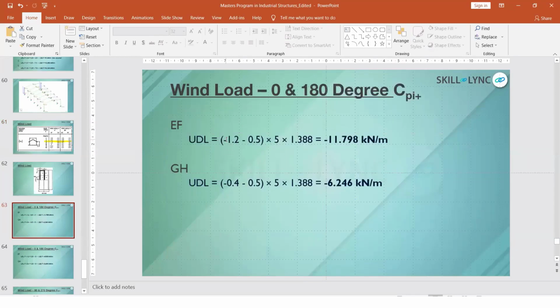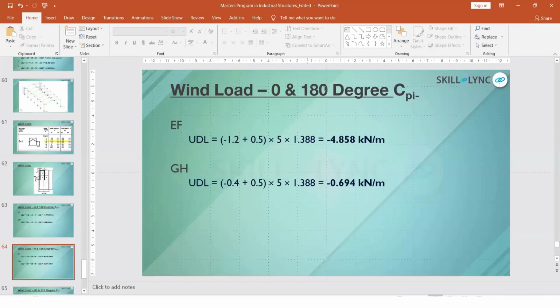I have applied the EF and GH values with CPI of minus 0.5 and plus 0.5, into the same area, and the PD value is the same. The only thing you have to be careful about is the CPE and CPI values. The CPE value you have to take from the code, and for the CPI value, first work out for positive 0.5 and then for negative 0.5. I have worked this for theta 0 degree and 180 degree for positive 0.5, and 0 to 180 degree for negative 0.5. Okay, got it?